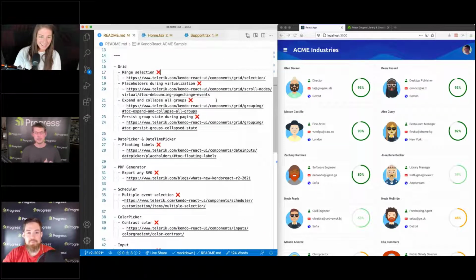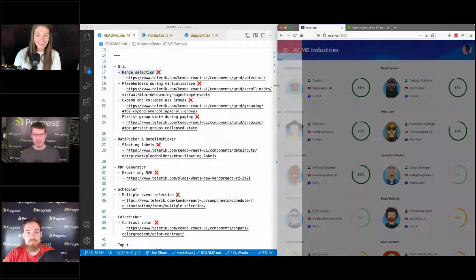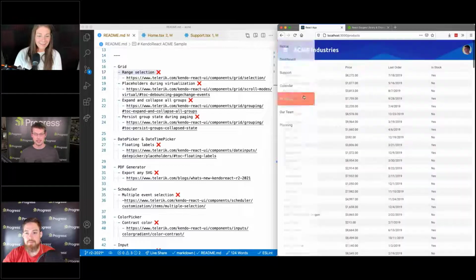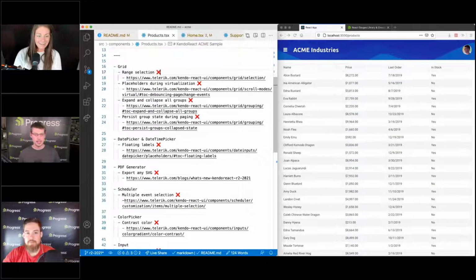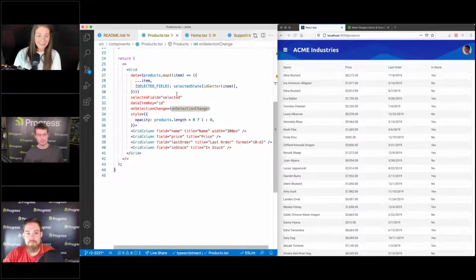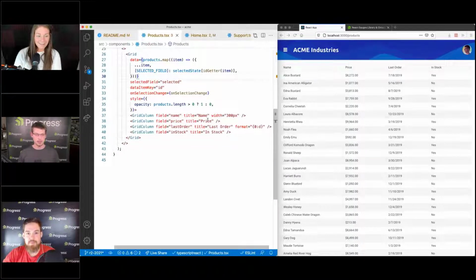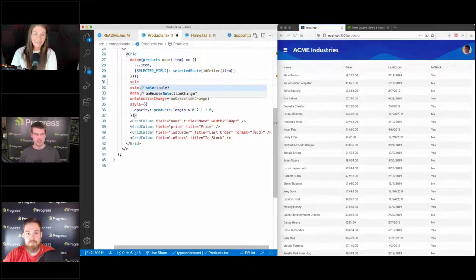All right, so those are components, but we also have some pretty cool features that shipped as part of this release as well. So with the grid, we have this ability to do selection and range selection. And I've got a grid in this sample app that we'll use to show this off. And to make selection possible, there's a couple things you need to do, but the primary thing, there's this new,